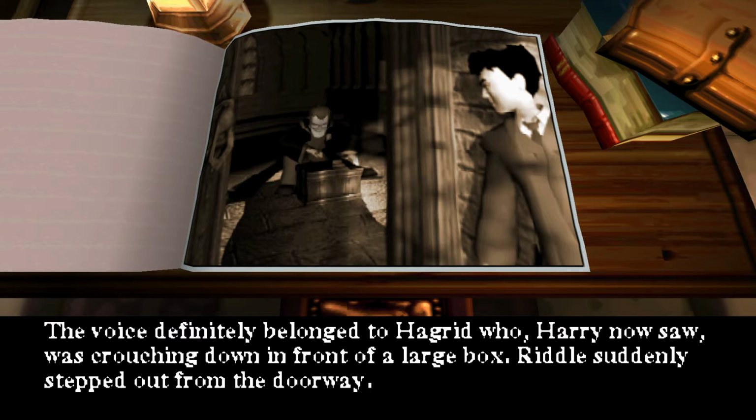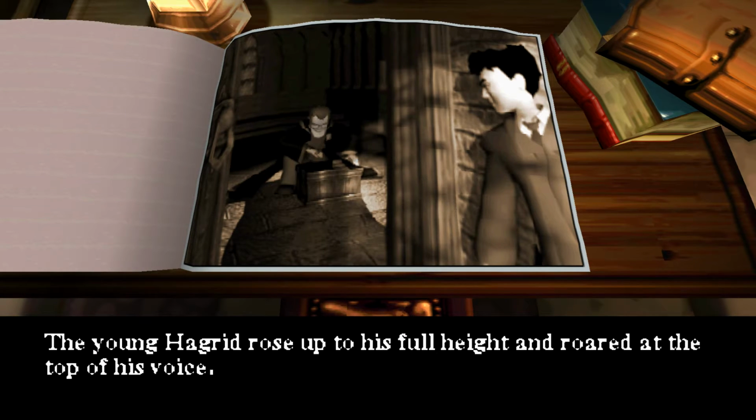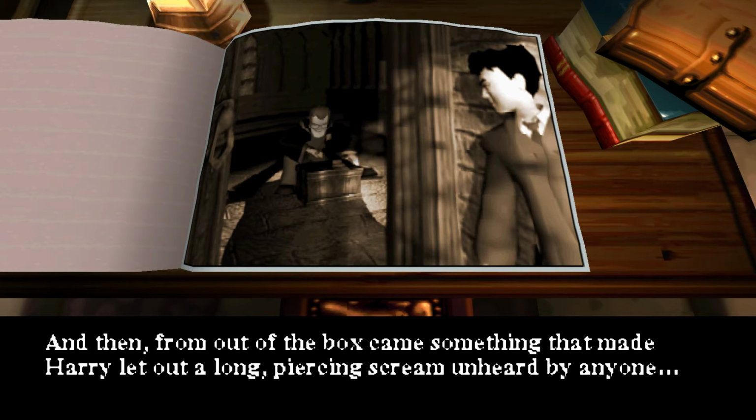Riddle suddenly stepped out from the doorway. Evening, Rubeus. It's all over. I'm going to have to turn you in. The least Hogwarts can do is make sure the thing that killed that girl is slaughtered. The young Hagrid rose up to his full height and roared at the top of his voice. It wasn't him. He wouldn't. He never. And then, from out of the box, came something that made Harry let out a long, piercing scream